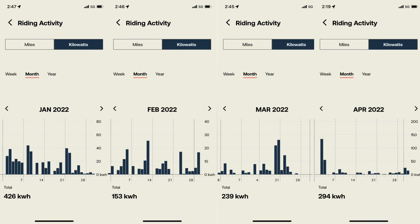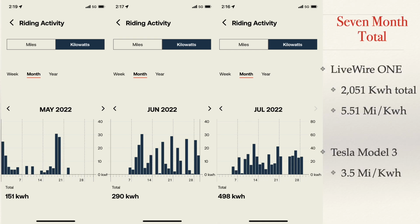Now, what the app also does, besides tracking miles, is calculate kilowatt hours. So here are the kilowatt hours from January through April. I won't bore you with all the numbers, but they're at the bottom there. And then I've got the last 3 months, which would be May, June, and July. It was a total of 2,051 kilowatt hours for the 7 months, which translated to 5.51 miles per kilowatt hour,